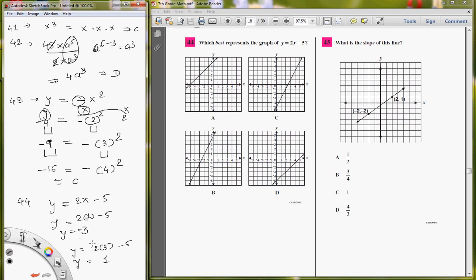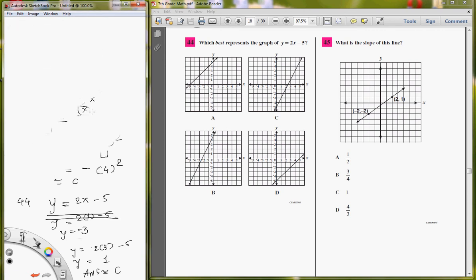Now to verify again, I put x is equal to 3. My x value is equal to 3 at this point where the mouse is here, and y is equal to 1. So this is definitely the correct answer. The 44 answer will be C. So whenever there is an expression, you pick some data points, put some value of x, find out y, and then locate it on the graph. Okay, so that will be the answer. Let me erase my board here.